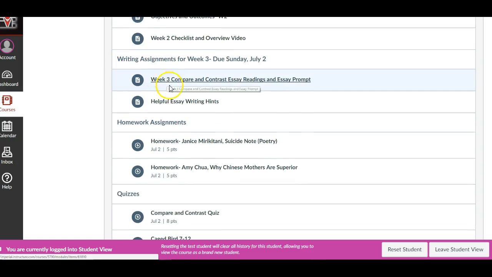Your writing assignments. There's a writing assignment, but it's for week 3. However, if I were you, I would start it now. I'm also going to post the other essays and when they're due and when the peer revisings are due. This way you don't have to wait till the last minute. But even though we're week 2, I would start on the week 3 essay.